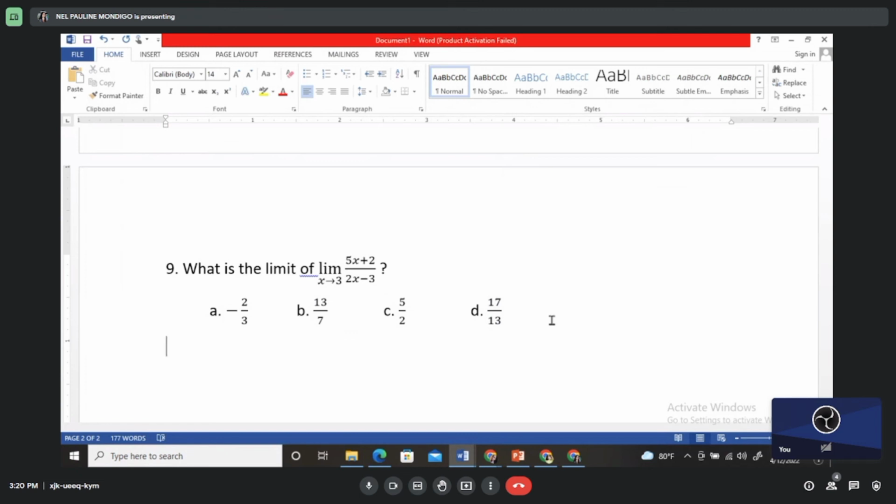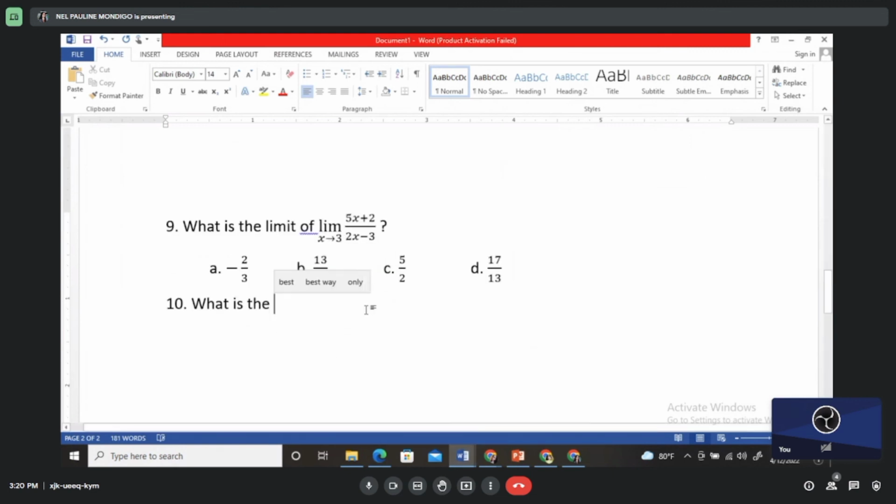For our last question, it will be about the integral of a polynomial. Here's a sample question. What is the indefinite integral of